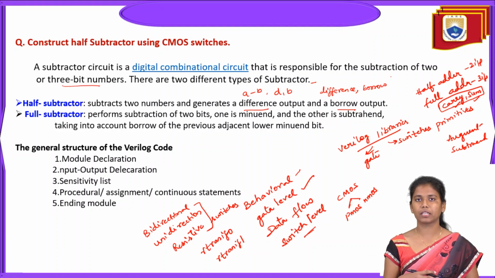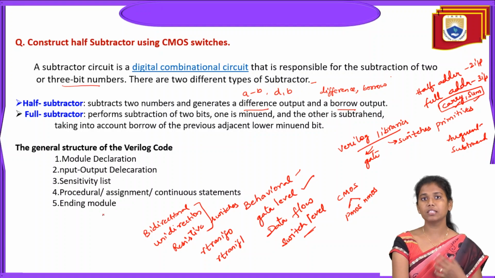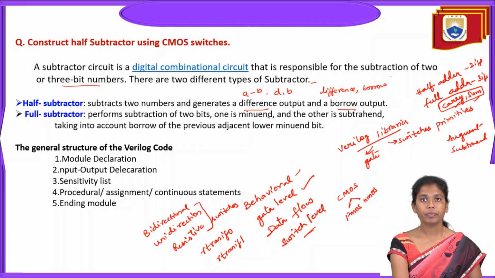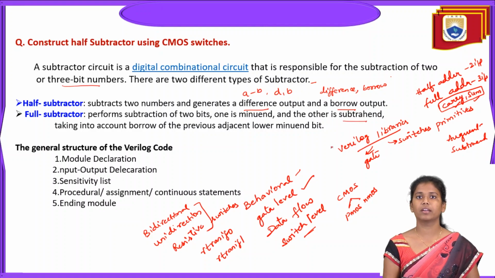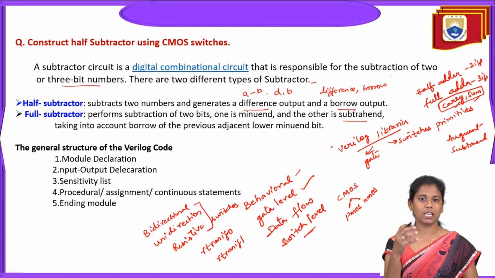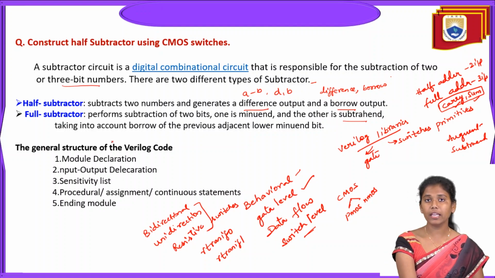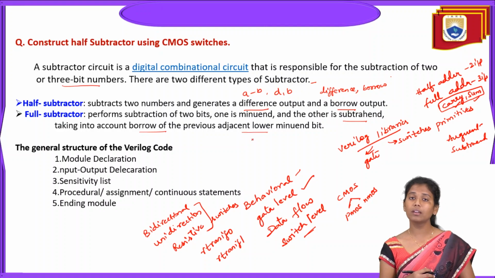That is a half subtractor, where it considers the two inputs A and B, for example. And then coming to the full subtractor. So what does this full subtractor mean? A full subtractor also performs the subtraction of two bits. One is the minuend and the other one is the subtrahend, right? And it takes into account the borrow of the previous adjacent lower